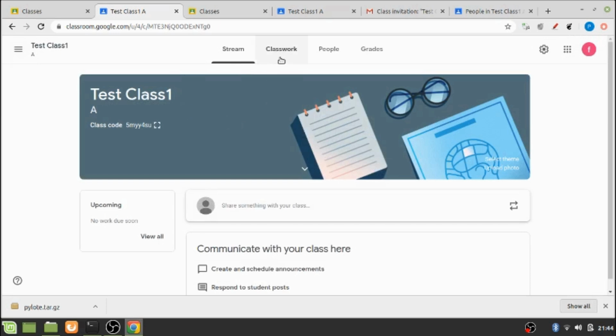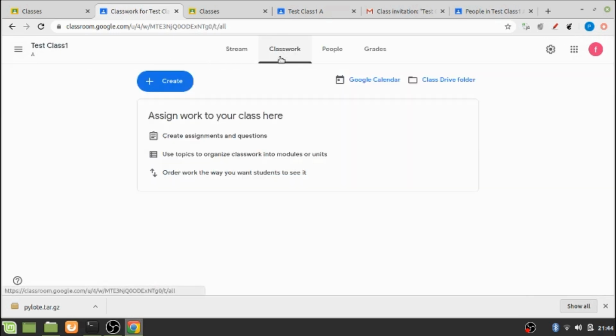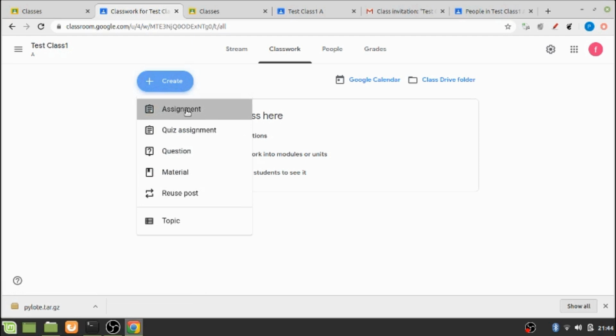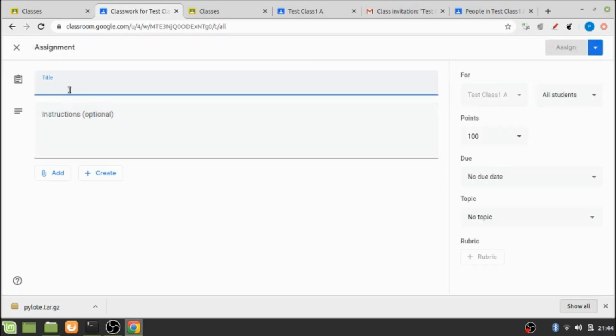and now let's try to add some assignment to this classroom for my students. So I'll click on this create and I click on assignment, and now to add a title, let's say my assignment is the role of OER in the teaching learning process.